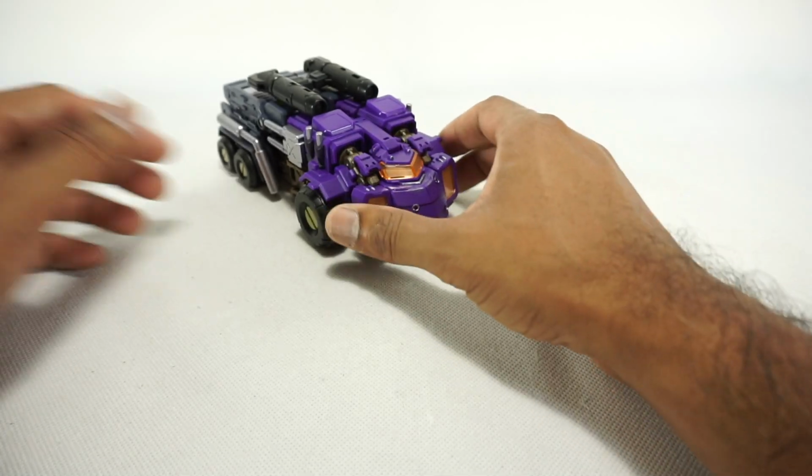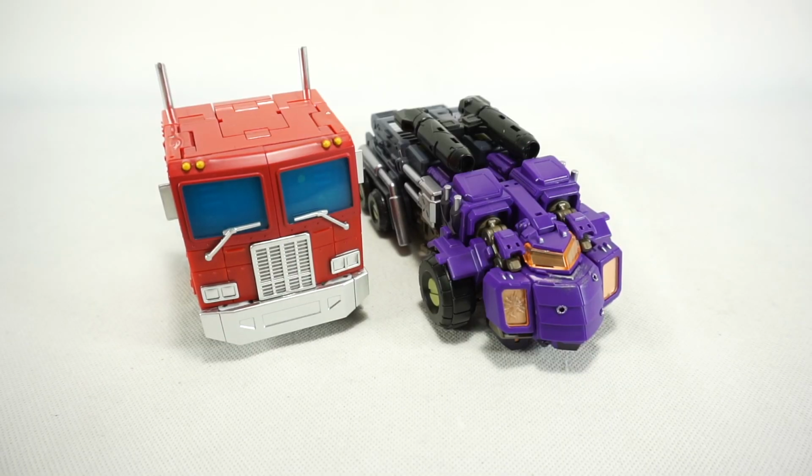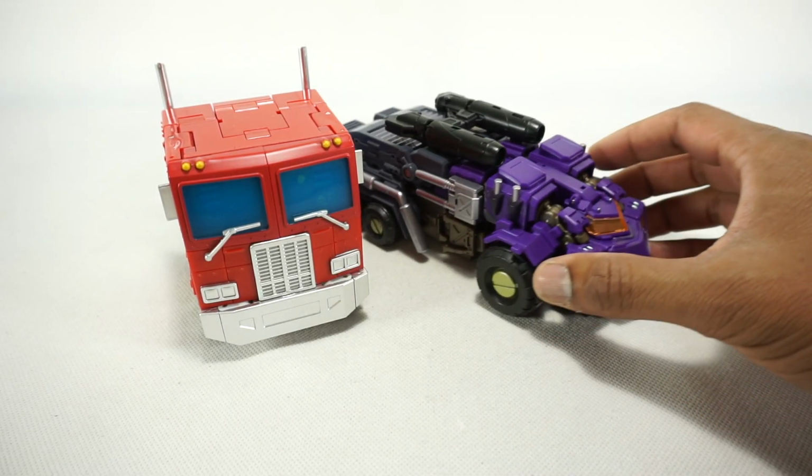It does roll very nicely. Nice, heavy, solid figure. Fun transformation. Looks good. Beautiful vehicle mode. And for size comparison, there it is next to the Transformers Element Optimus Prime. I don't really have anything from the reformatted line, so nothing to really compare it to, but it is not